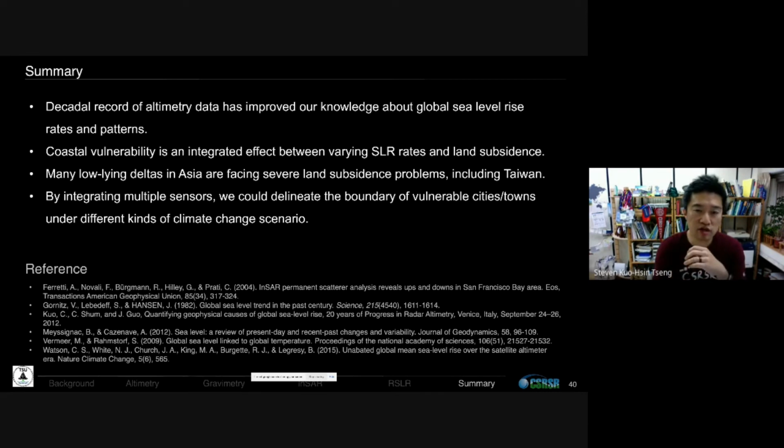That's what we learn from different case studies in the world. Many low-lying deltas in Asia are facing severe land subsidence problems, including Taiwan. I know several mega cities, and in Indonesia, they even moved their capital to adapt to this